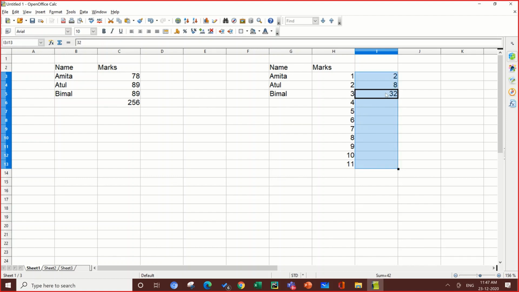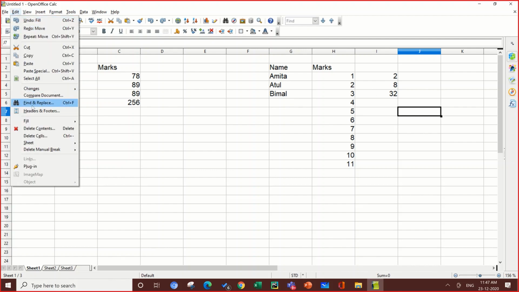2 times 4 is 8, 8 times 4 is 32. So now when I drag this, it will increase accordingly. But as I have specified, 46 is my highest value, so it will not move further.